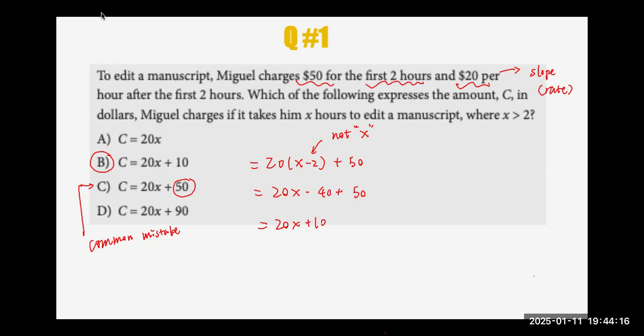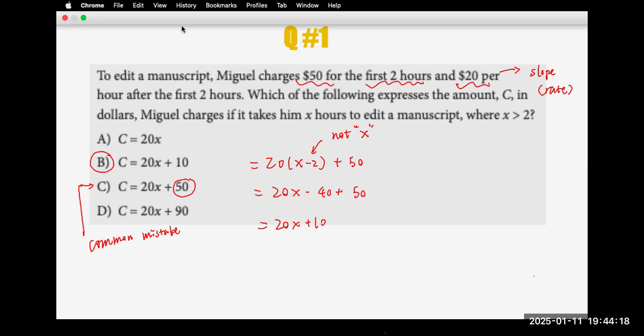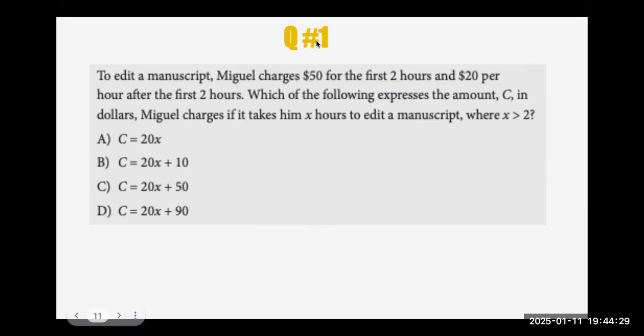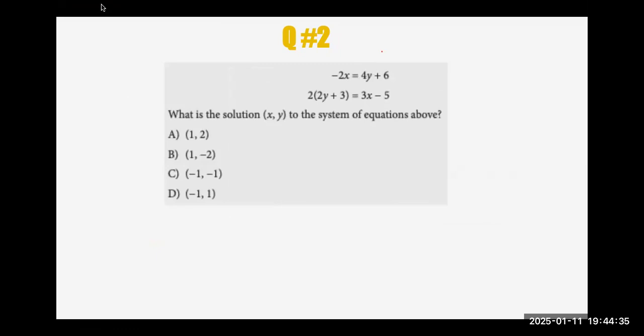Okay, great job. Let me save these slides for everybody, then we move on to the next slide. Okay, so let me save it here. Okay, Zhenming, nicely done. Question 2, everybody ready? This is from the algebra topic. Okay,